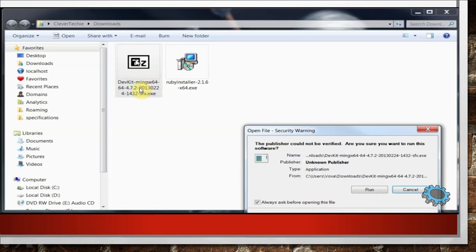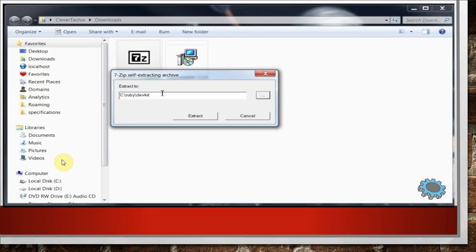Again you will double click on this development kit. It will display this window, and you have to press the run button, and then it will display a self-extracting archive. You have to mention here that this development kit will be installed inside the Ruby folder. You have to tell the system where to install it, so you will write here c:/ruby/development kit.